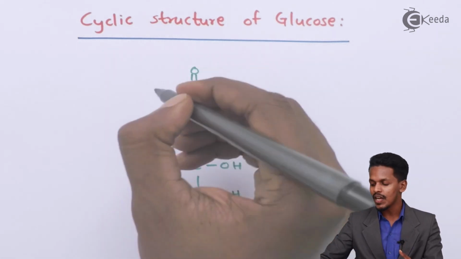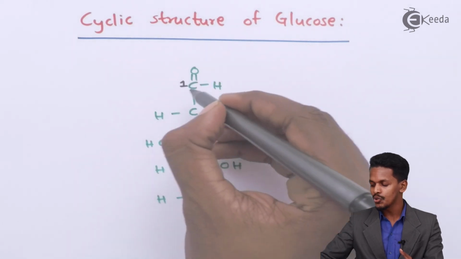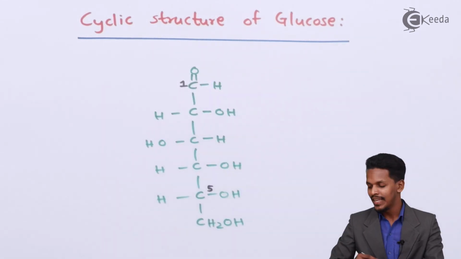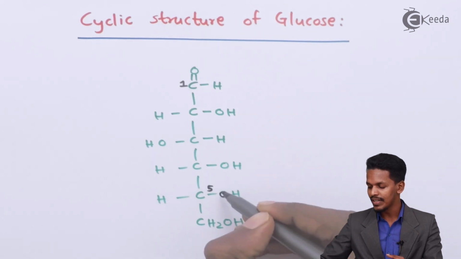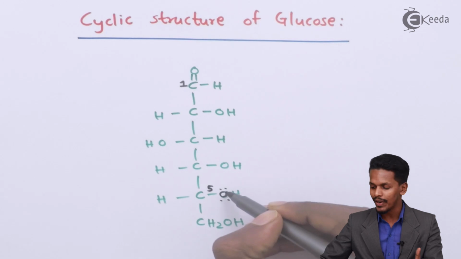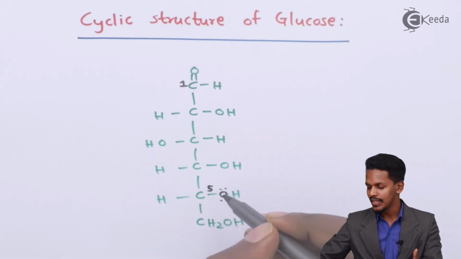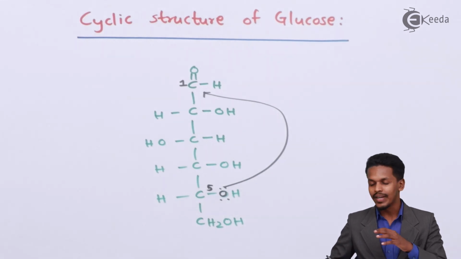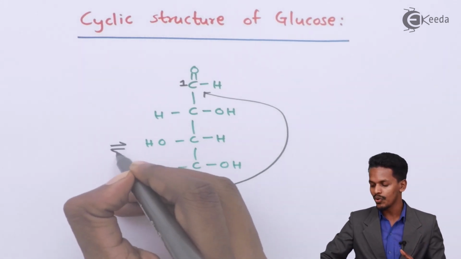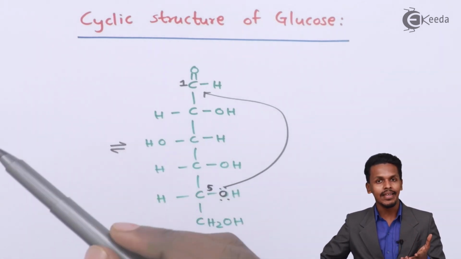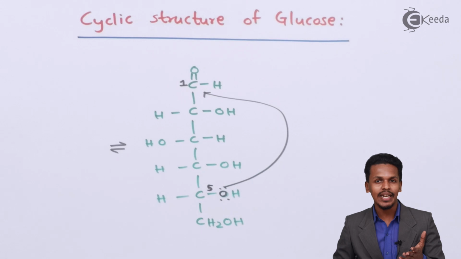But what happens if this carbon number 1 is associated with this carbon number 5 through an oxygen bond? Obviously we understand the bond between the oxygen and hydrogen, and the oxygen has a lone pair of electrons. In that case, if it acts on this carbon atom, we could get a cyclic form, and the two cyclic forms that we could get I am representing over here. One of the cyclic forms is the hemiacetal form of the glucose. So in that case the structure that we could get is